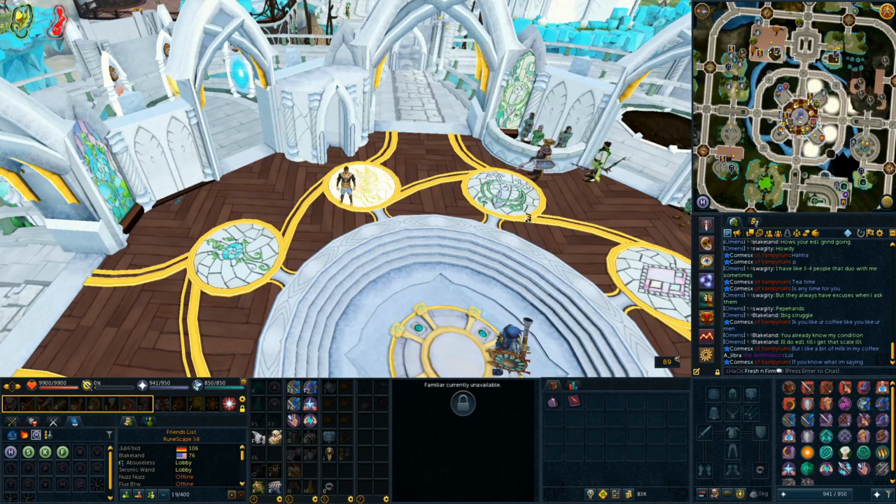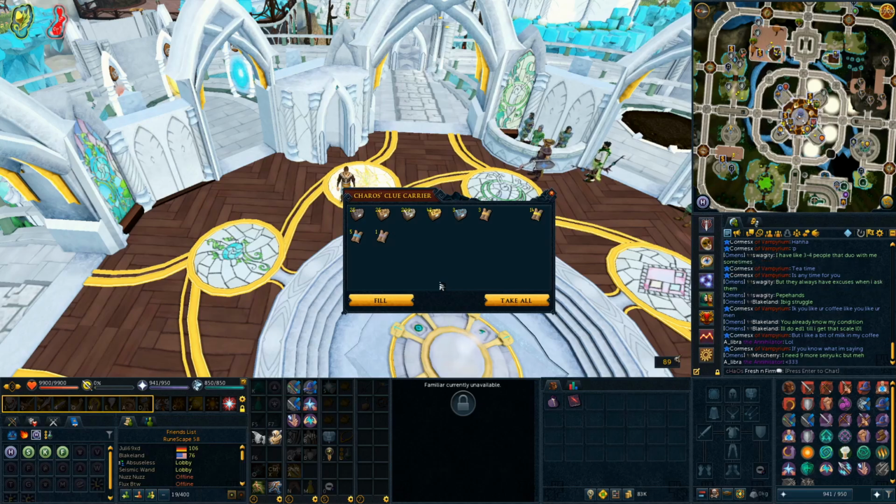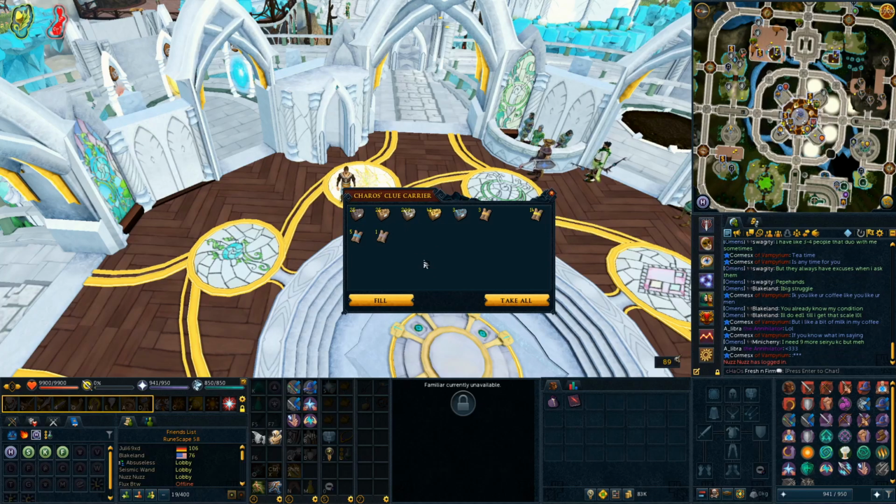Okay, for this next clip here, we have actually a pretty, hopefully exciting one. I'm going to be finally opening some of my clue scrolls that I've been saving up since, pretty much since I leveled up to 80 Slayer, I believe is when I started saving these up. I have 200 hard caskets, and those are what I'm going to be opening for this clip,